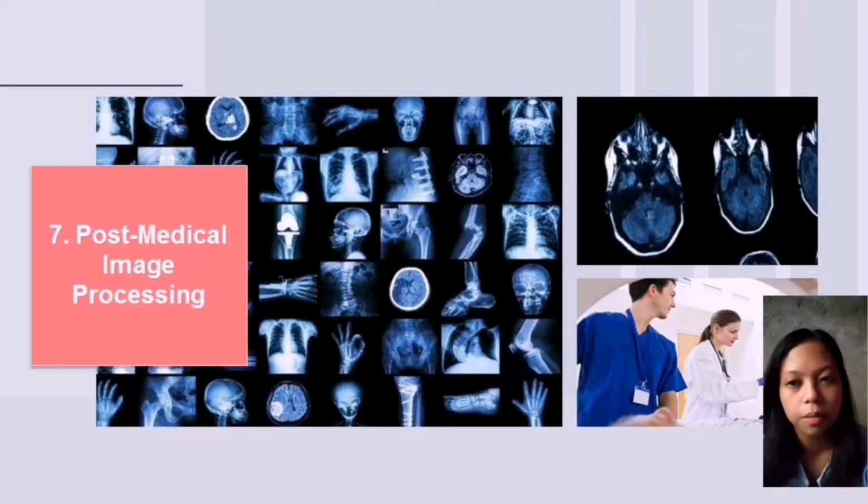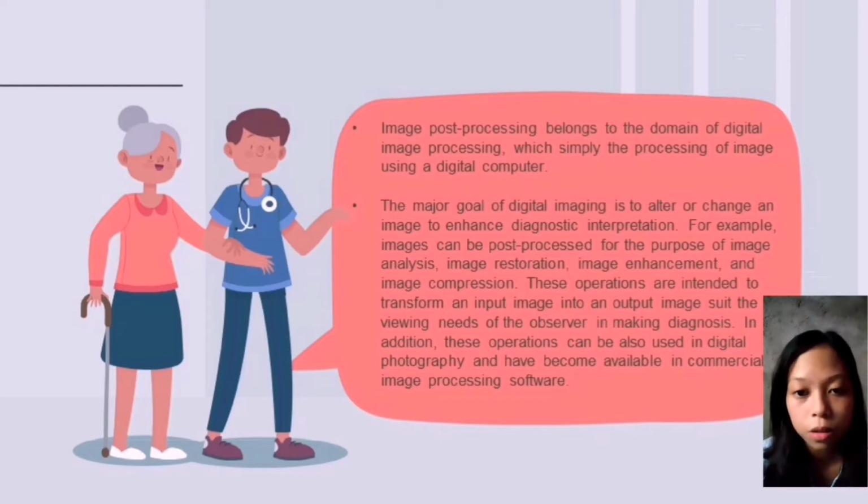Post-medical imaging processing. Image post-processing belongs to the domain of digital image processing, which is simply the processing of an image using a digital computer. The major goal of digital imaging is to alter or change an image to enhance diagnostic interpretation. For example, images can be post-processed for the purpose of image analysis, image restoration, image enhancement, and image compression. These operations are intended to transform an input image into an output image that suits the viewing needs of the observer